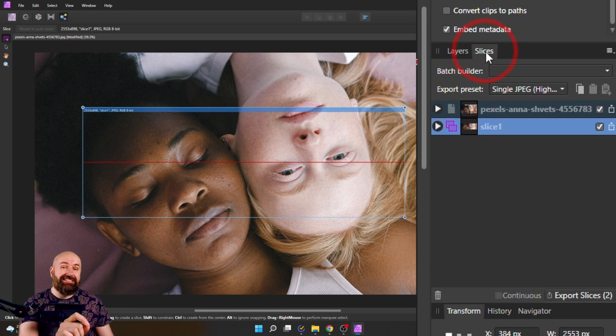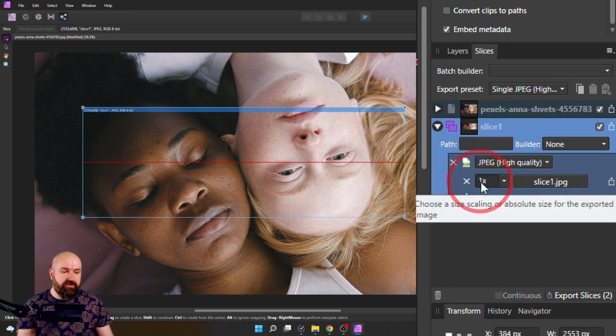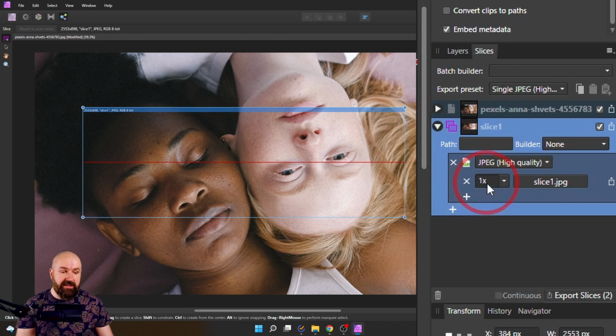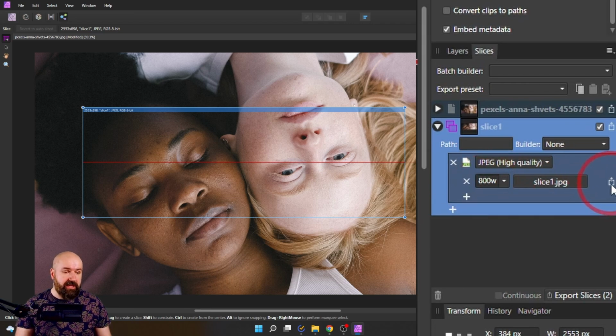Go over here to the Slice tab and then click on this little arrow for Slice 1. Down here it gives you the export size ratio. So on this it says 1 time, so this is exactly the size it has right now, but I said I only want to have 800 pixels. So go in here and type 800 and then W for width and click on enter, and you can see now if you would export this, it would export it with a width of 800 pixels